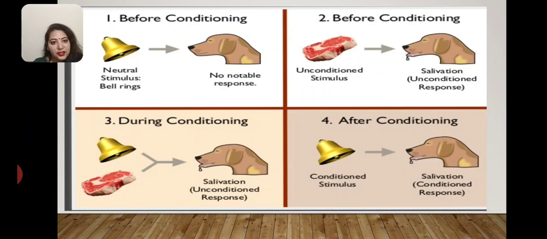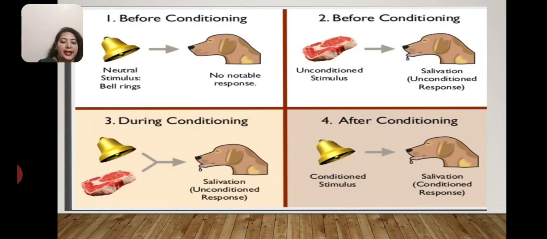After repetitive trials, meaning a number of times when bell and food were given together, a stage comes when only with the sound of the bell the dog starts secreting saliva. So here an association has been formed between the neutral stimulus bell and the unconditioned stimulus food. So here we can say now saliva is not because of the food but because of the bell. So now salivation is known as the conditioned response.